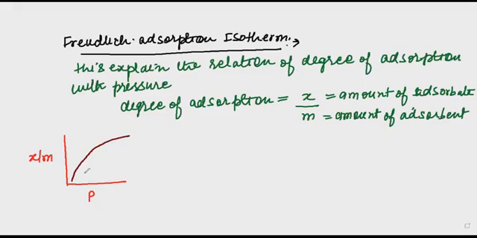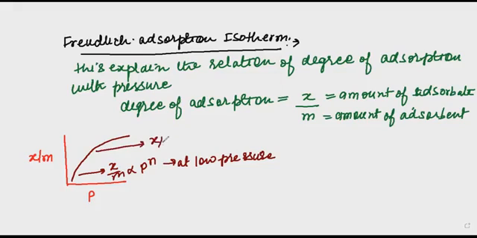In this graph, this part shows x upon m is directly proportional to p to the power 1. This is at low pressure. It means the amount of adsorbate deposited on the adsorbent is directly proportional to the partial pressure P. Clear? Now the next one, this slope explains x upon m is directly proportional to p to the power